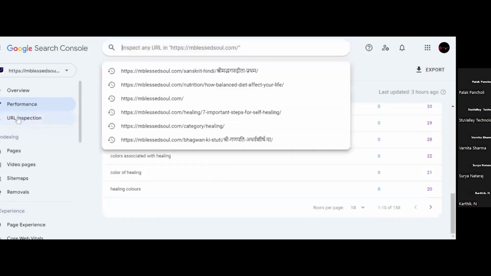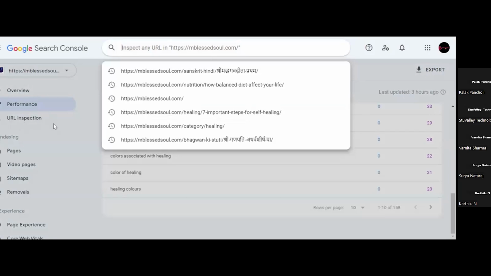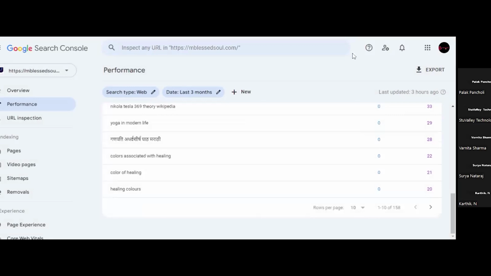And this is the part, URL inspection. Inspection is basically for indexing your pages or your website in Google Search Console. Okay. So what is indexing, what is crawling, that we have to understand first, to understand the Google Search Console.